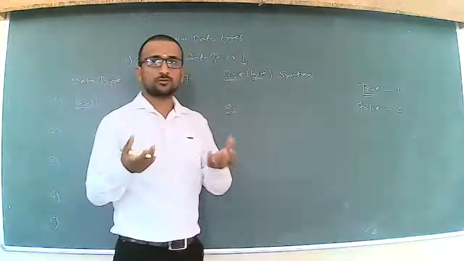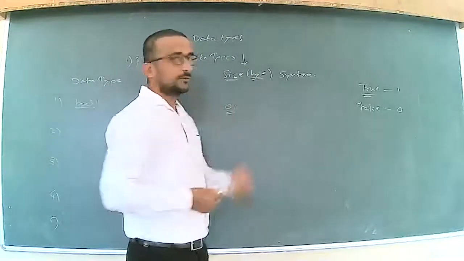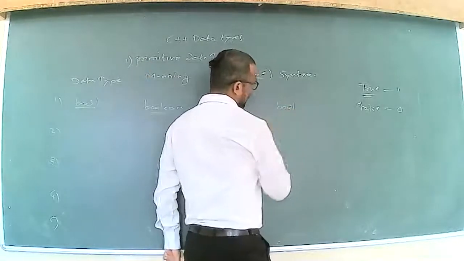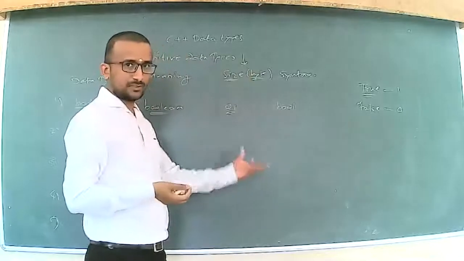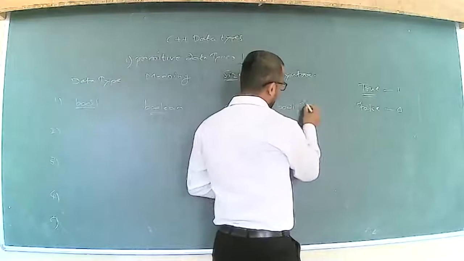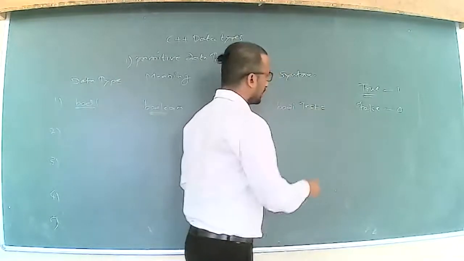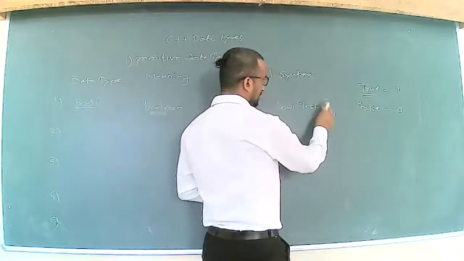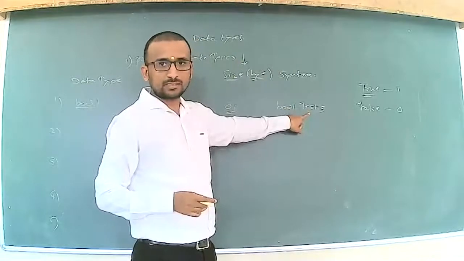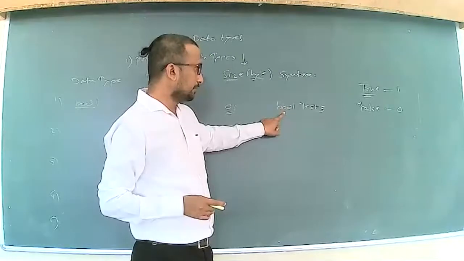Syntax means in which way you are going to define, or declare, your boolean variables. The keyword is bool, which is nothing but the data type. You can have a variable name, that is test. This is just a variable declaration: bool test. Test is a variable of type bool.